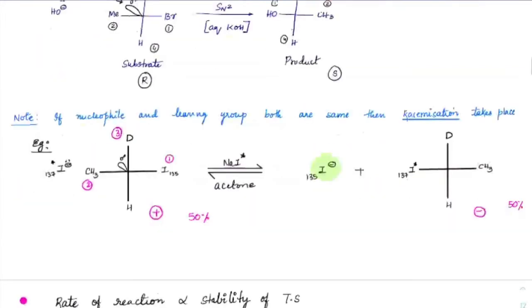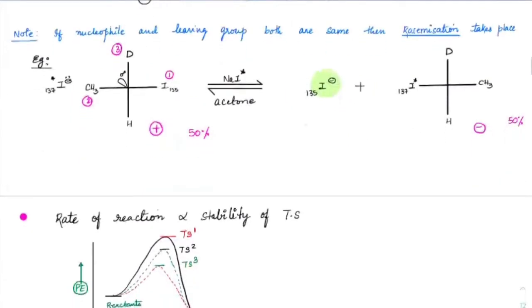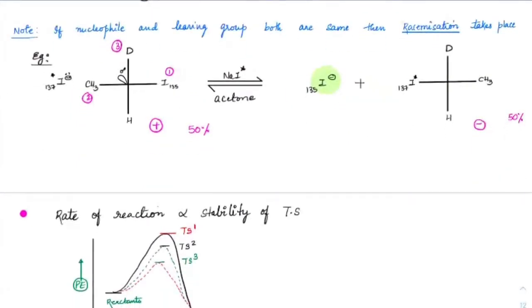We checked out one very important example. Suppose the same iodine is replacing another iodine, just an isotopic difference. This is iodine 135, this is 137. Then also here there would be an inversion. If suppose this is R configured and this is S configured, then